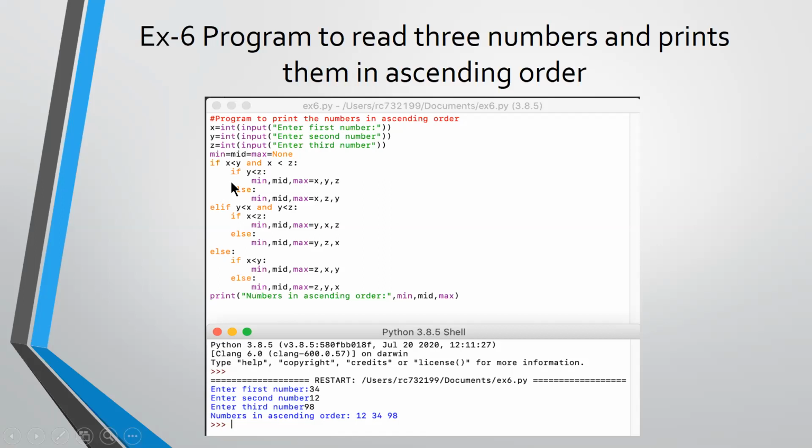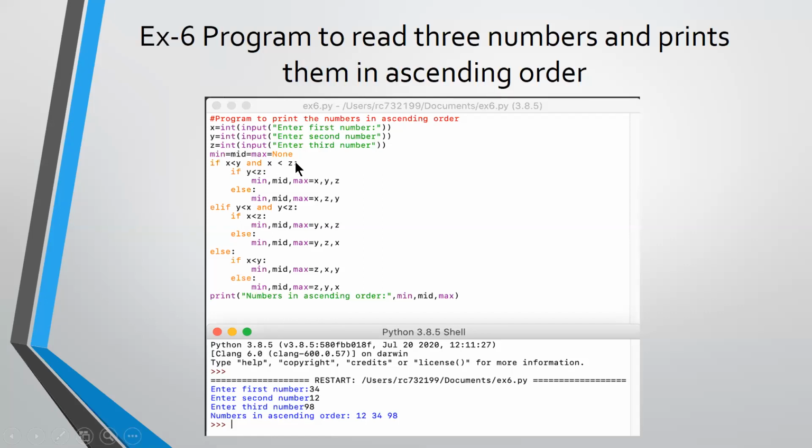Now look at the condition very carefully. If x is less than y and x is less than z. So x is less than y, x is less than z na enna artham? X is the smallest one. Okay, so x வந்து smallest அப்படின்னு decide பண்ணதுக்கு அப்புறம் what I have to find out in the y and z ல which is larger. X is less than y and x is less than z, which means that x is the smallest number. இப்ப smallest என்ன அப்படின்றது எனக்கு தெரிஞ்சிருச்சு.